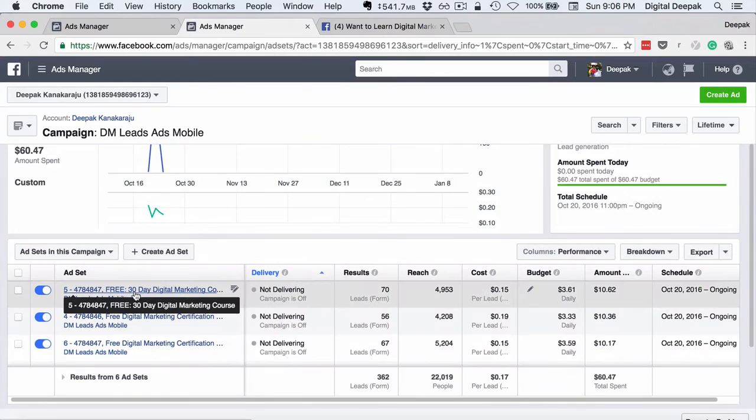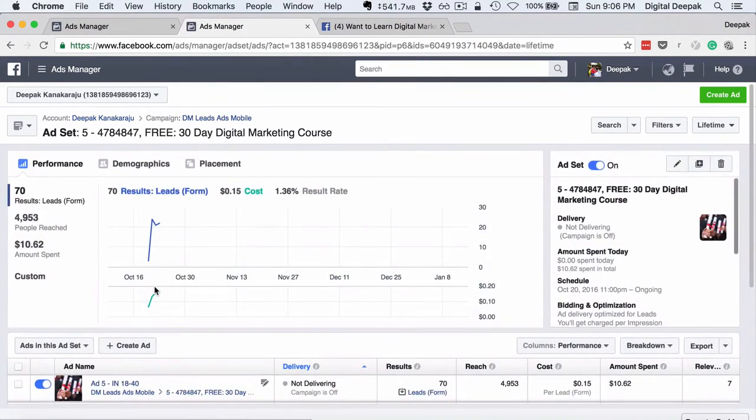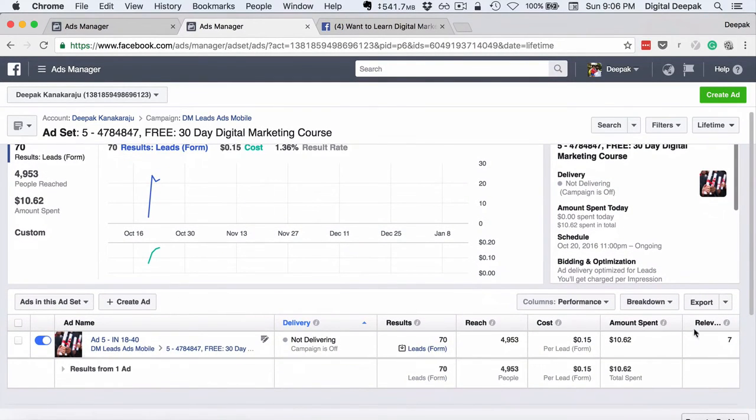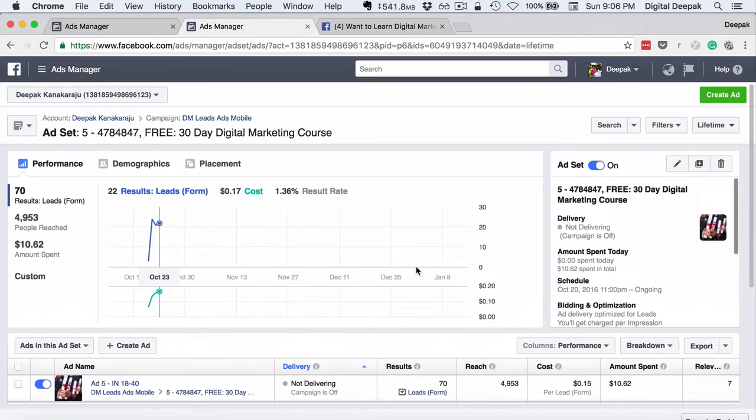And let's go ahead and click on one of the ads. Then you can see the relevant score here, and this is the lead form. I can go and access the lead form if I want. Total number of reach, cost per lead, amount spent. So all this is displayed here. So this is how lead ads work, and now let's go ahead and look at how to integrate lead ads